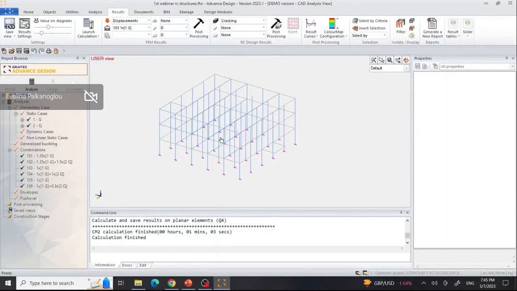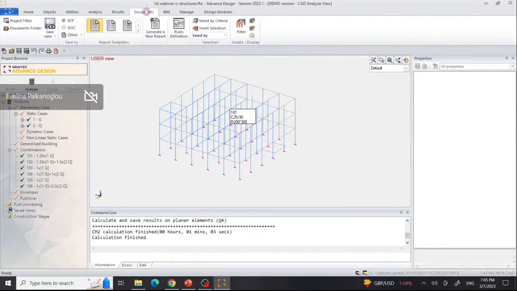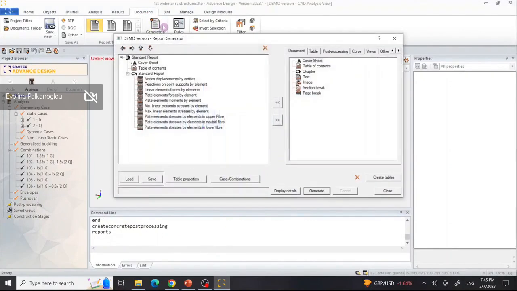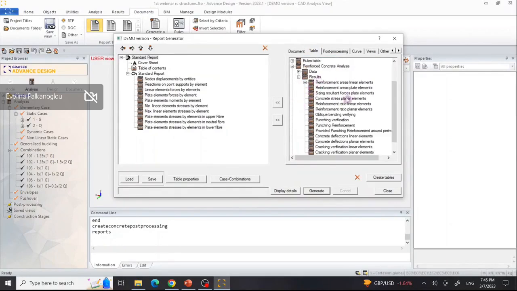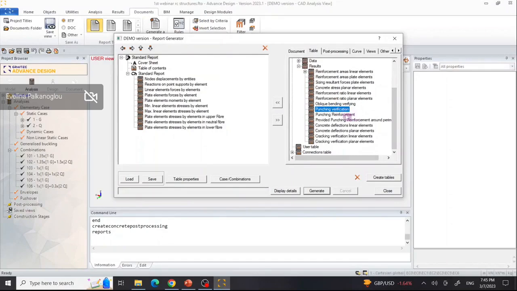And now we are about to see how we deal with punching shear in advanced design. So clicking on documents and generating a report. This is the only way to check the punching shear results. On the right-hand side, we can access the tables and always check the reinforced concrete analysis matrix tab on the tables and the results. By selecting the punching shear verification and punching reinforcement,